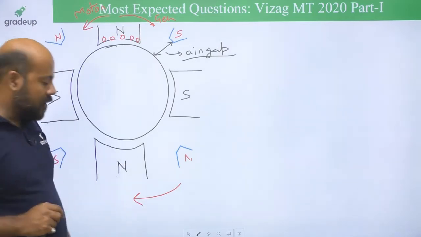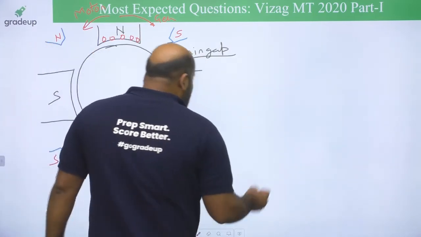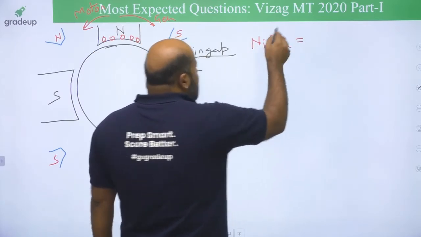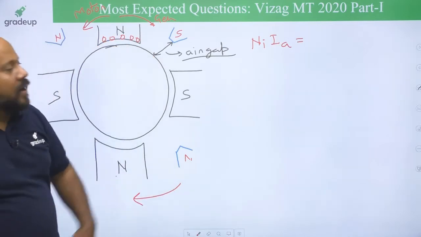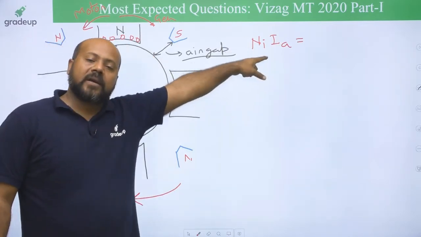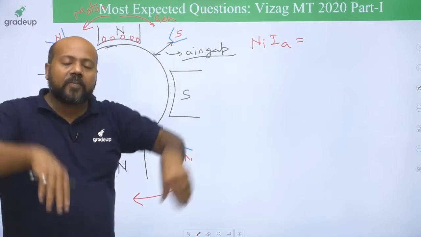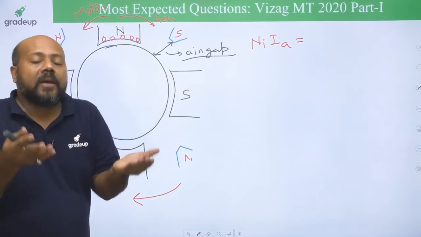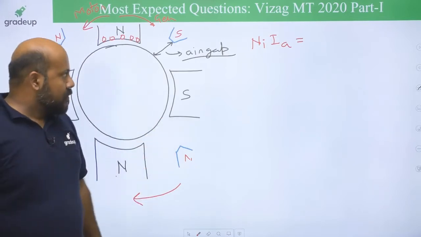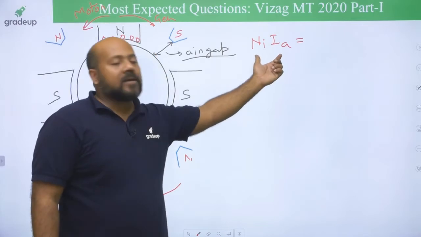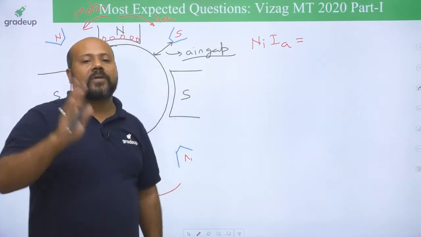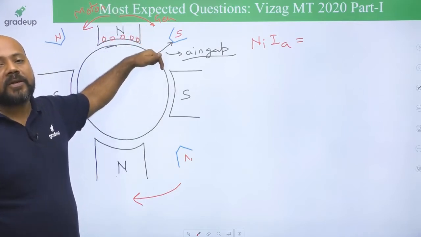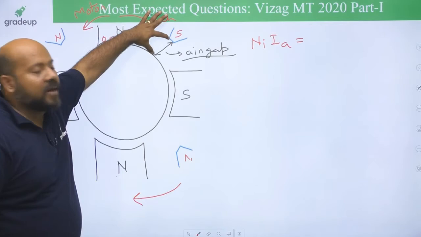What are those two things? Number one, what is NIIA? Ni is the number of turns, Ia is the current in each turn, that is the armature current, because the interpole winding is connected in series with the armature winding and has to neutralize the same MMF, same current. So the ampere turns of the interpole winding has to take care of two things. Number one, the cross magnetizing effect of the armature reaction in the interpolar region, and to overcome this air gap reluctance.